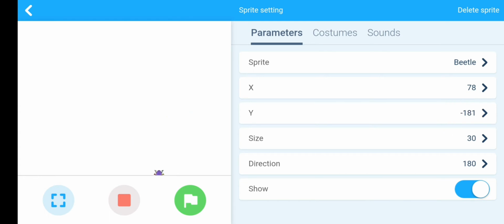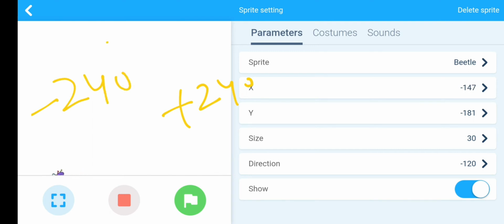By same method we can find this value is plus 240 and this value is minus 240. This is plus 180 and this is minus 180.